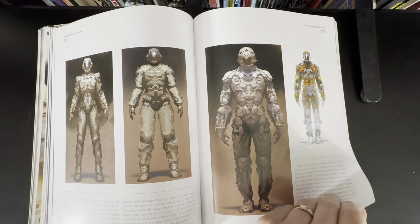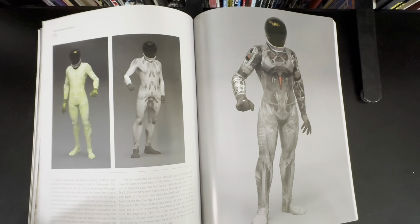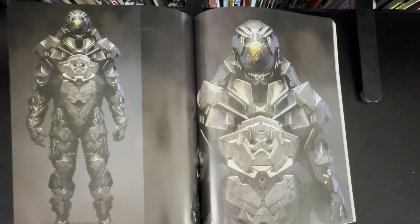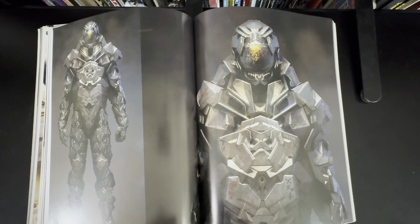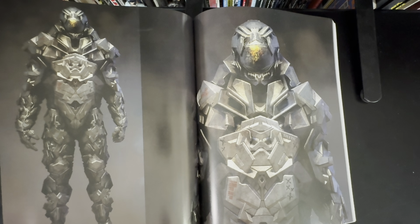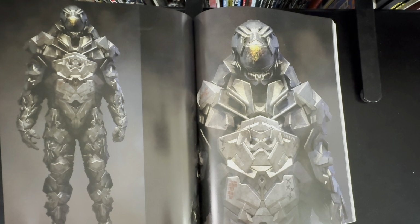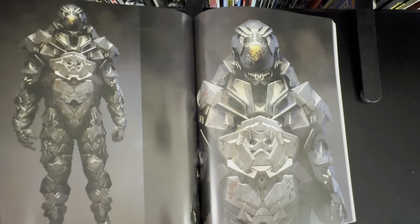So different looks for what he's doing for this sci-fi suit. This is insane, this final design. And look, his name's Smith. The thing I love about this artwork is it so looks like a photograph they're rendering in Photoshop or whatever program they're using to do their color. I mean, it's just